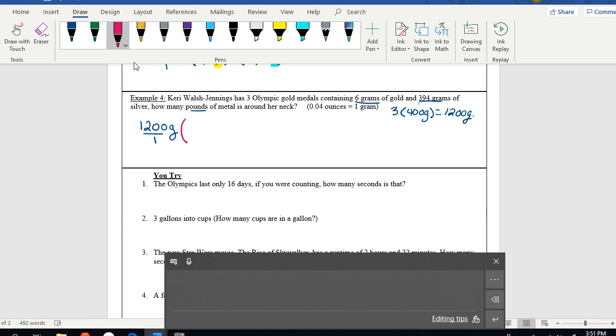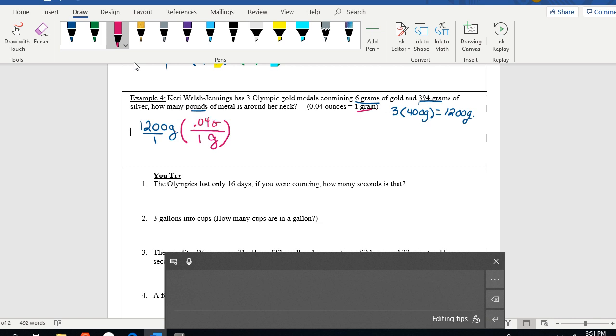That means I need to get to ounces. Oh, wait a minute. I can go to ounces and then I have to go to pounds. My bad. All right, so I want grams to cancel. Well, look, there's my gram. So what do I want on the bottom? If grams are on the top right here, I want 1 gram on the bottom. So once I have the 1 gram on the bottom, on the top, I'm going to put